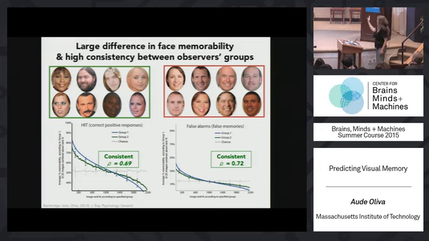So this very high consistency for both measurements suggests that, again, in the facial features of people, or at least the way a photo is taken, there is something at the level of the image that will make a face highly memorable or highly forgettable for most people. So all the details of this study are actually on the web.